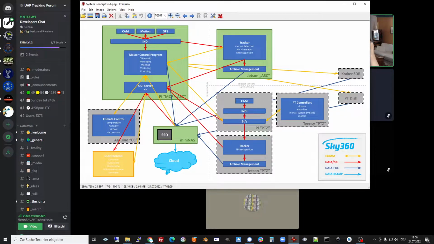So, yeah, I think most of you are familiar with this schematic. I just updated it,